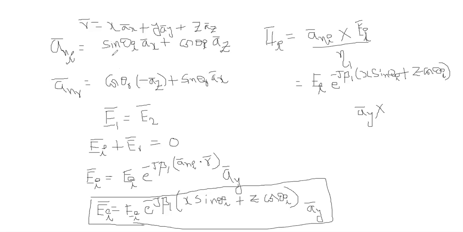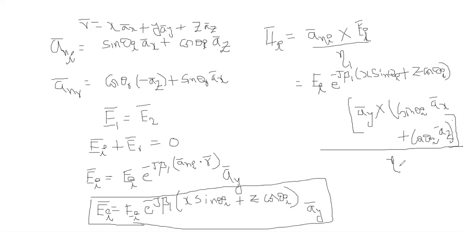What is the ANI bar here? Sin theta I into AX bar plus cos theta I into AZ bar. Okay. And the whole is divided by eta 1 actually. This is the equation now. The HI bar is equal to